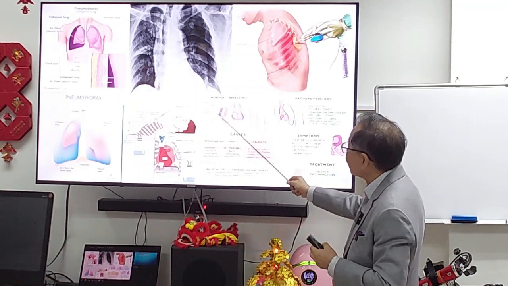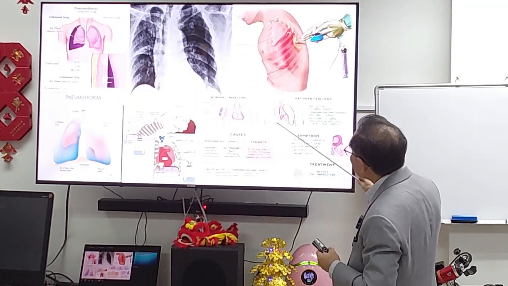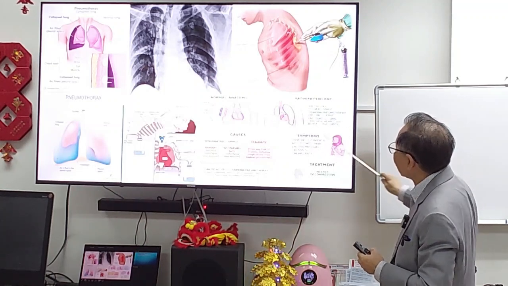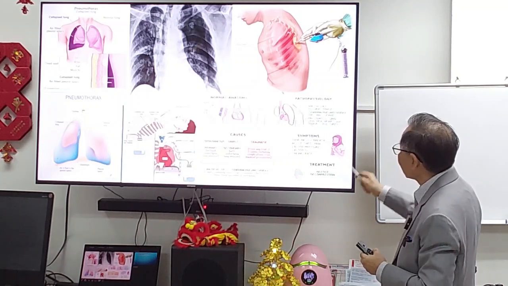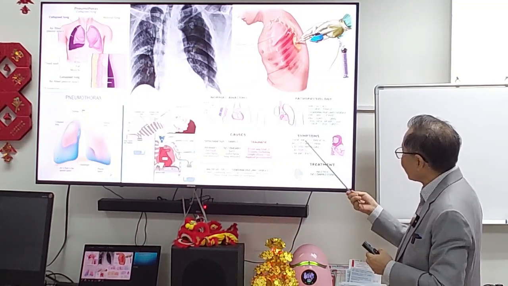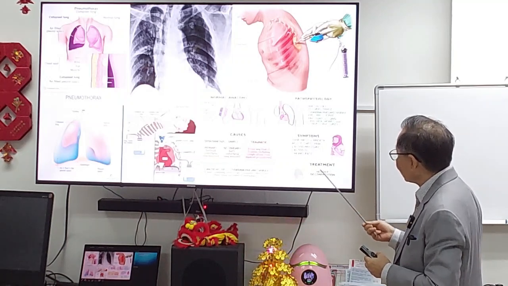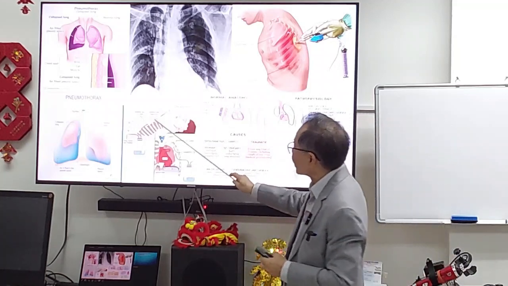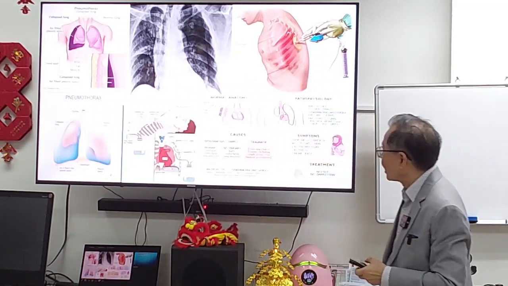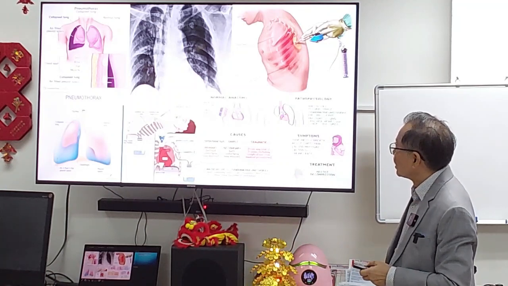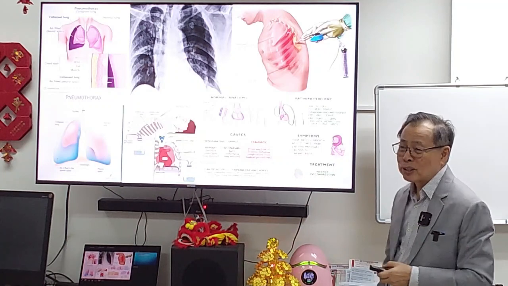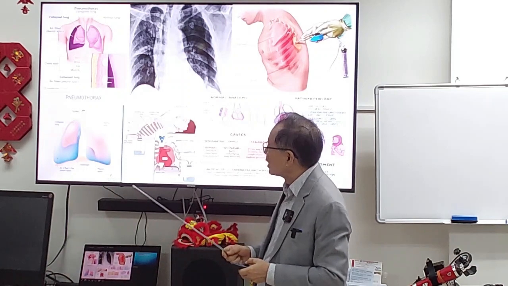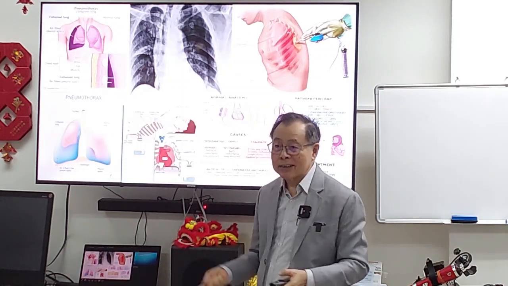So this is normal. See, there's no gap. This is abnormal. This is pneumothorax, where air is inside. Air can't leave. Pressure on the lungs, trachea, heart, and other structures. Symptoms: can't breathe, chest pain, blood pressure down, heart rate goes up. And what you need is to decompress it. That's what is being done here. Decompress a pneumothorax. Okay? So most of the time it's due to injury, like accidents, fractured ribs, things like that. That's why air got introduced. But it's quite easy to recognize and very easy to handle. Okay?